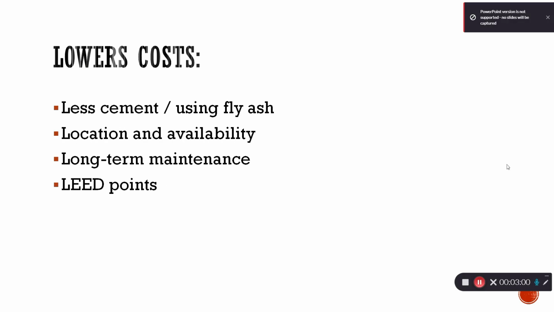It also lowers costs. The use of fly ash in concrete mixtures lowers costs because fly ash is a lower cost material compared to cement, because cement is one of the most expensive ingredients in a concrete mixture. High-volume fly ash lowers costs in concrete mixtures because it reduces the amount of cement needed in the concrete mixture. Fly ash is a cheaper and popular substitute for cement. So, by replacing cement with a certain percentage of fly ash, it's beneficial to keeping costs lower.